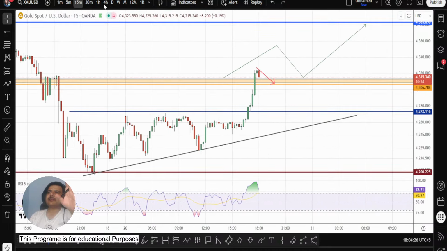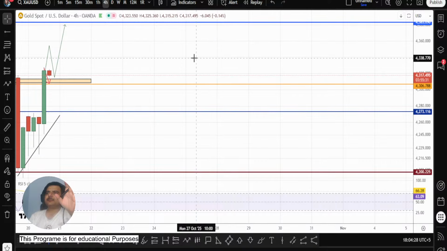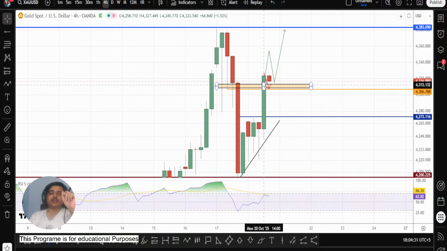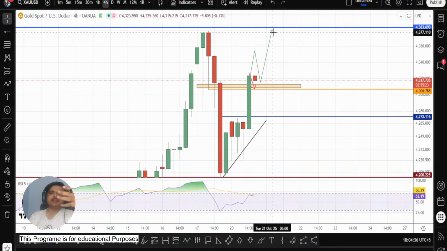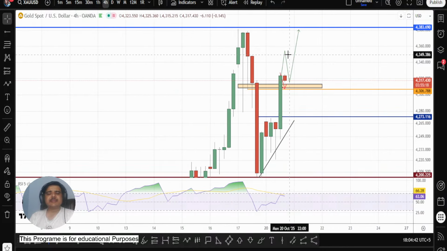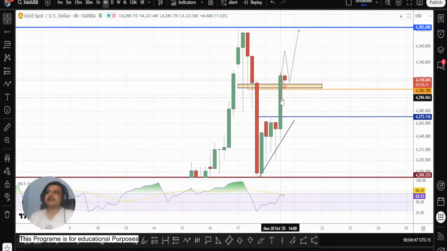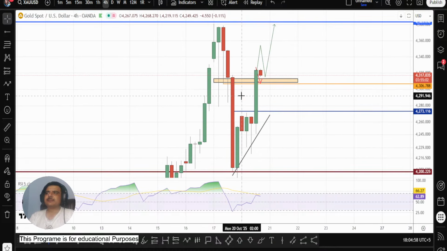Since I have seen this breakout even on the H4 right here as well. So at least, even if not today, maybe later in the Asian session on Tuesday, this can happen. And we can anticipate on the basis of the uncertainty in this market by reading the candlesticks. And this candle can be a false one, because if, let's suppose, it just starts to drop, I may not be able to do anything. I may not be able to stop it. And I don't know if that is happening or not.